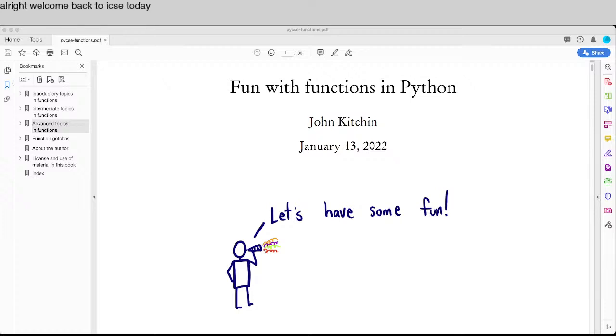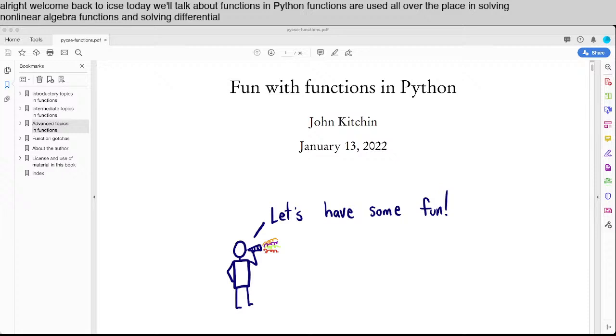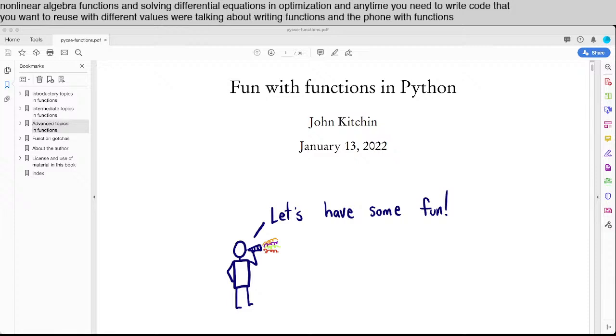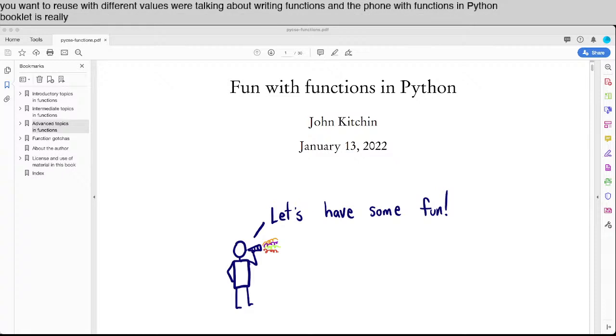Today we'll talk about functions in Python. Functions are used all over the place in solving nonlinear algebra functions, in solving differential equations, in optimization, and anytime you need to write code that you want to reuse with different values, we're talking about writing functions. And the fun with functions in Python booklet is really to help you understand all the options that are available